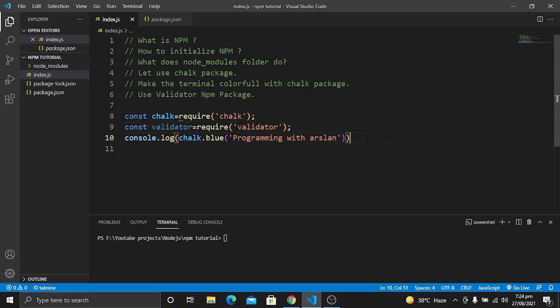Now what I want to do is check if the email is valid or not. For example, if the email is a real email or not.